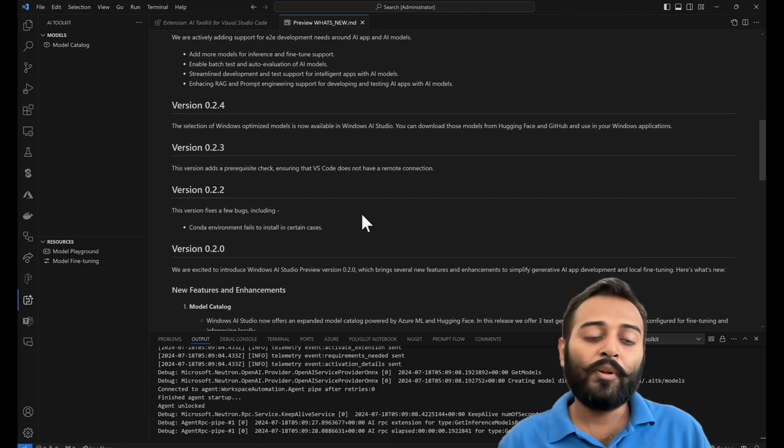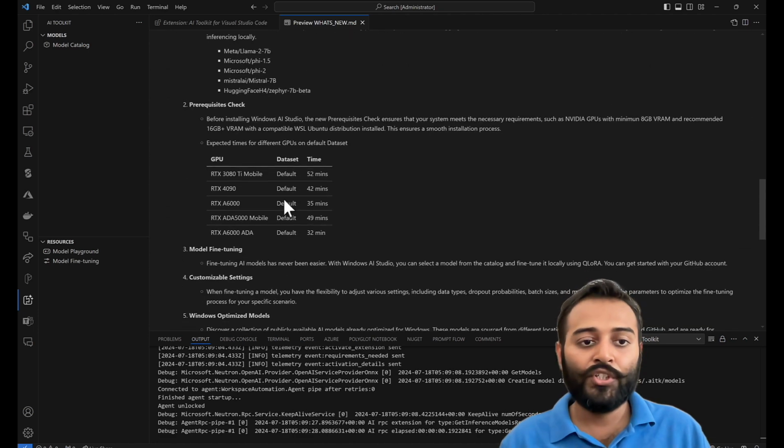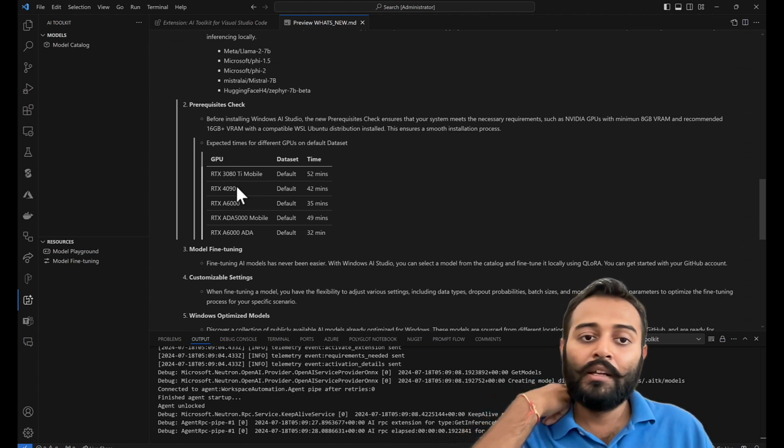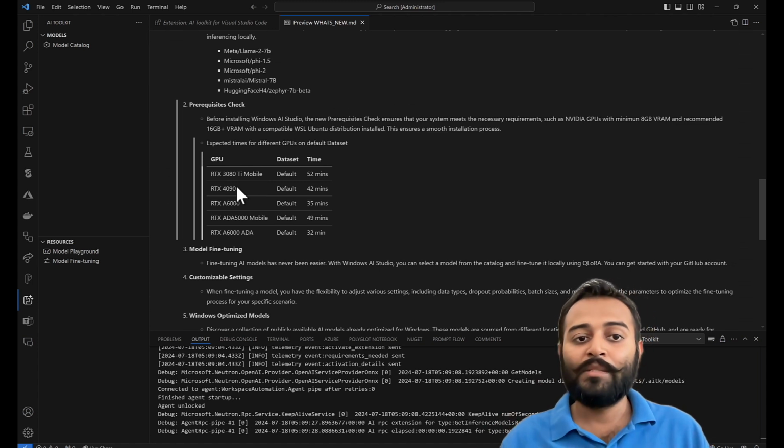Okay, but this will be a costly part. But if you have a GPU enabled machine, then I believe this is the best way to get started with your inferencing on your own data, and you don't have to rely on any cloud services, because Azure OpenAI costs a lot for fine tuning, and it's a shared model. But if you install this model locally on your computer, you can do inferencing on your own data in a much faster way.